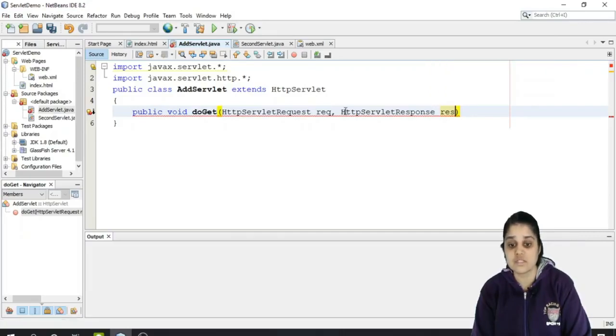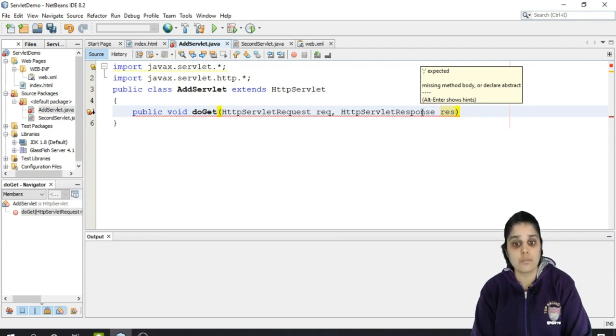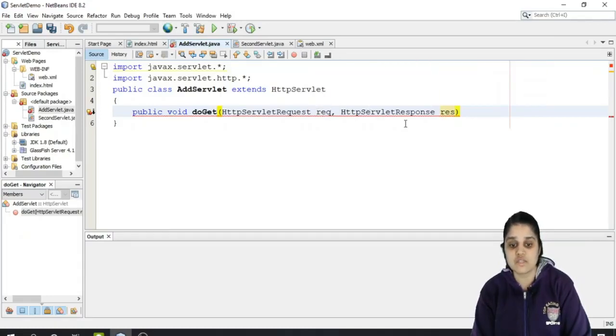They are references of this particular interface, but your Tomcat is going to create objects of HttpServletRequest and HttpServletResponse and give them back to you. So you are not responsible for creating the objects of these two interfaces. They will be created by Tomcat by default. Now, this parameter we are taking because we want to take data from the client and bring it to the server,